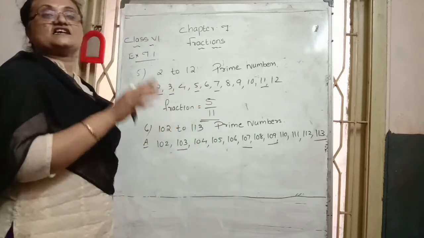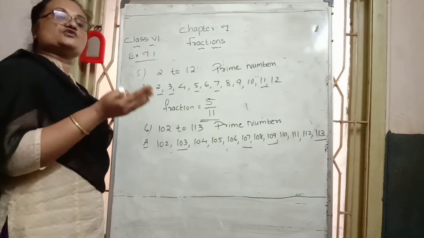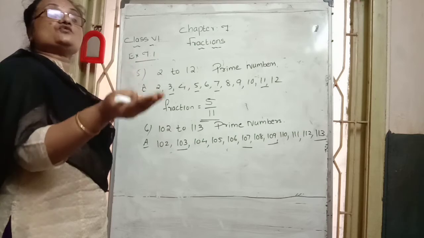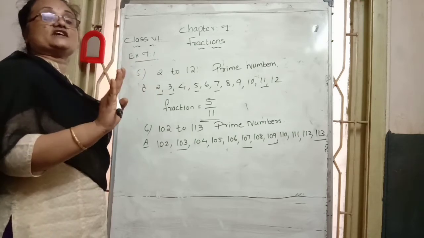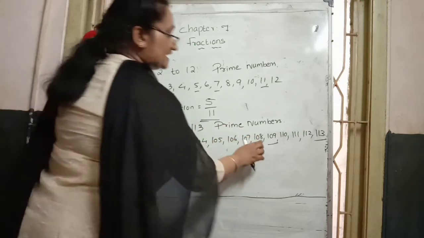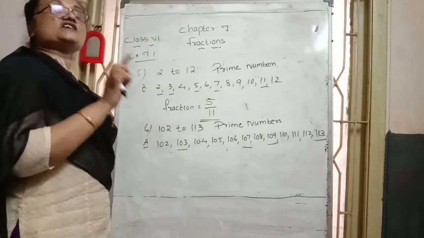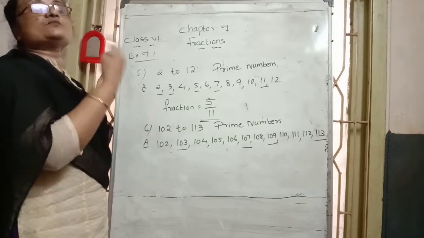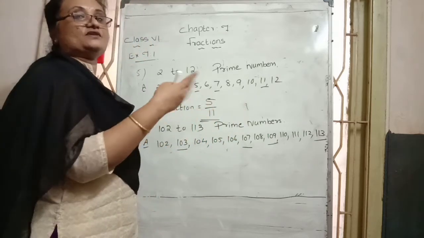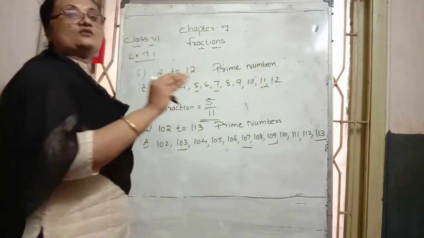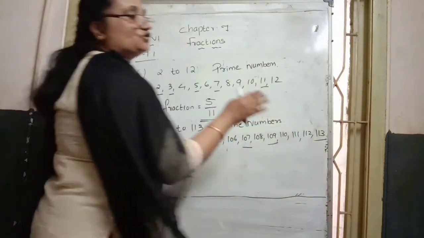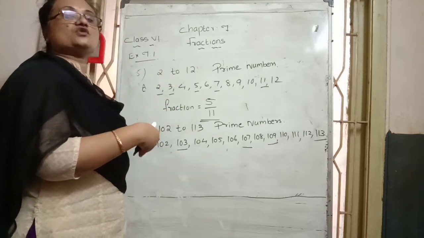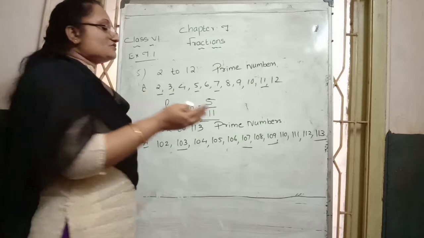In the 106 case, 6 is an even number. That's why it is possible to divide it with 2 also. That's why more than 2 factors come. Numbers with more than 2 factors are not prime numbers, they are composite. Then 108, unit place 8. That's why it is possible to divide it with 2. So it has more than 2 factors. Other numbers are also possible, we can check, but here I am just telling that 110 has unit place 0. 0 means even number. That's why it is possible to divide it with 2 also. So it will have more than 2 factors.